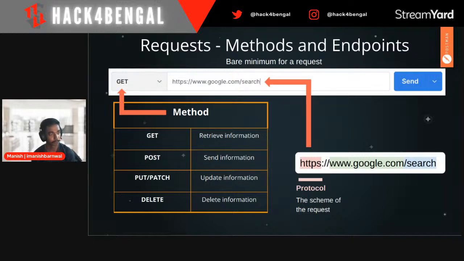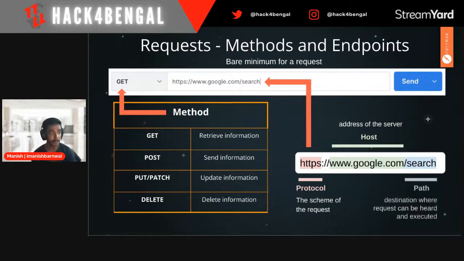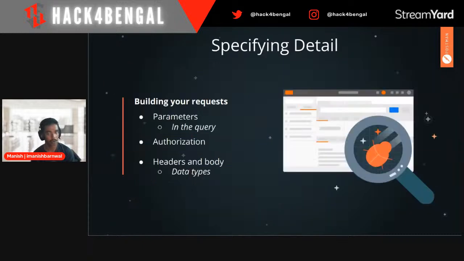Okay. So basically, it shows the protocol, and then the URL, basically the domain name, which you purchase for yourself or see on the internet. The domain name works as a host, which is integrated somewhere in the server, and it shows the results. The last one is the path, the destination where the request can be executed. It's already set up on their server, so whenever you request, it shows to you. Cool. I hope you got it.